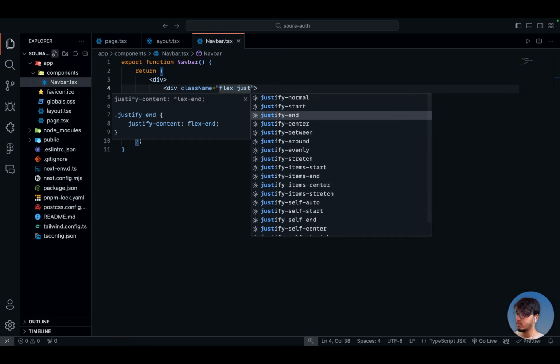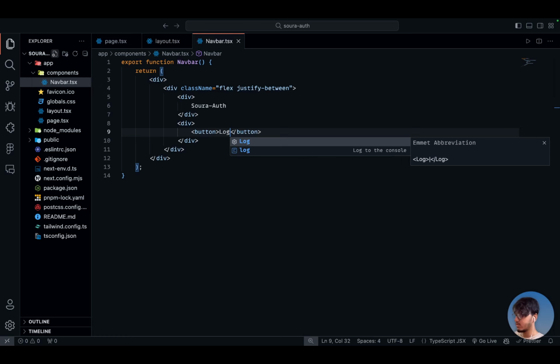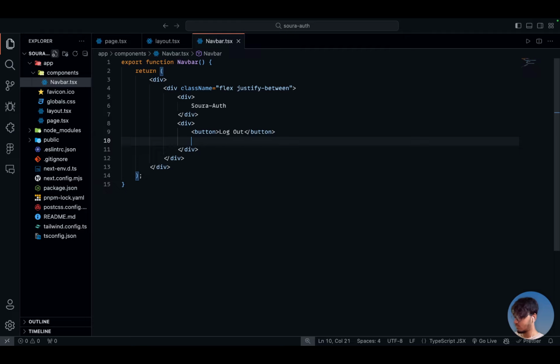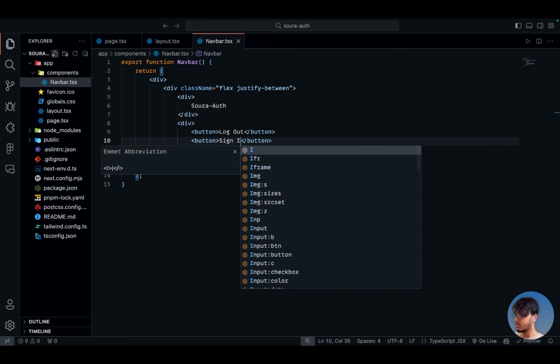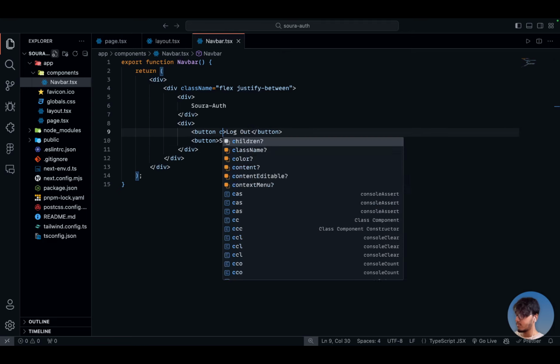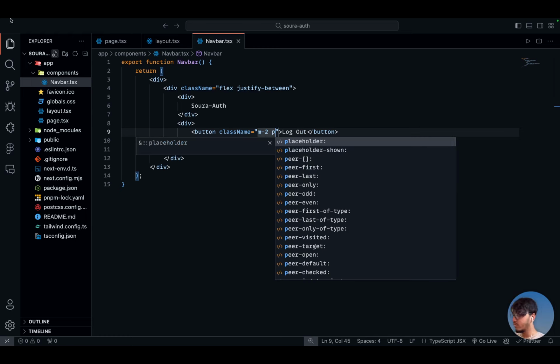Flex justify between, so both ends will stay apart. Its name is Shoda auth for now, and here I will create two buttons. One is login or log out, and I will sign in. And it will have a class, say margin 2, amazing, Tailwind. So wait,